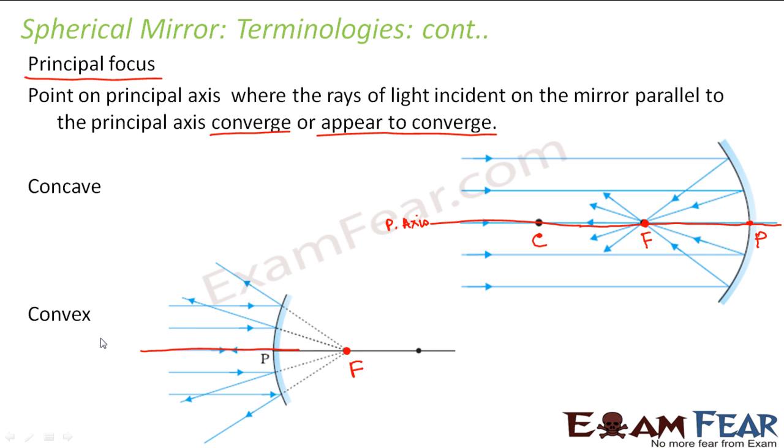So that means in case of a concave mirror, principal focus is the point where the rays of light actually converge. But in case of a convex mirror, principal focus is the point where the rays of light appear to converge. They do not actually converge. Right? So you understood what is principal focus in case of a concave mirror and in case of a convex mirror. See, these are all very basic things, but they will play a very crucial role as we go ahead. So if things are not clear to you at this point, go through the slides again and get them clarified before you go ahead. Right? Because principal focus is a very important concept.